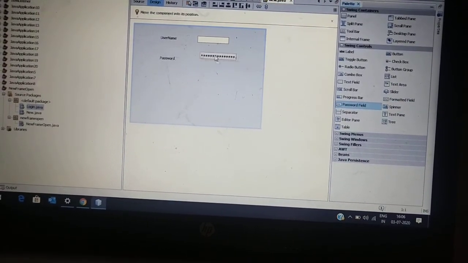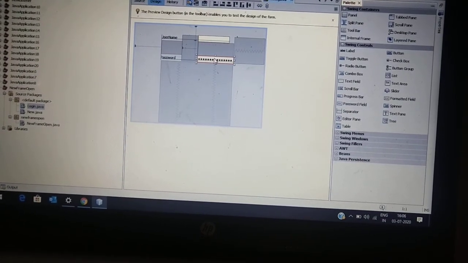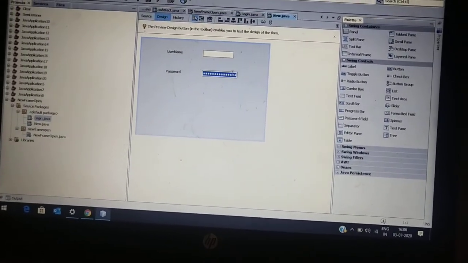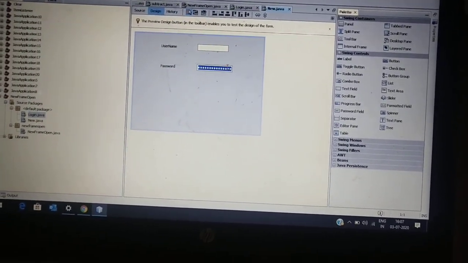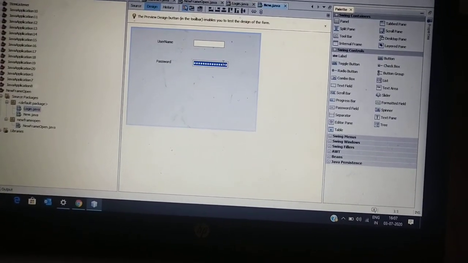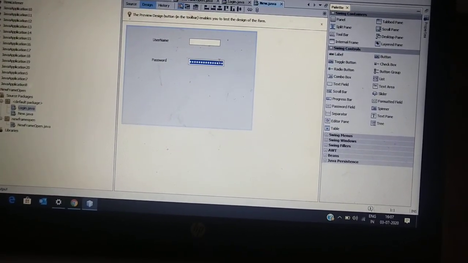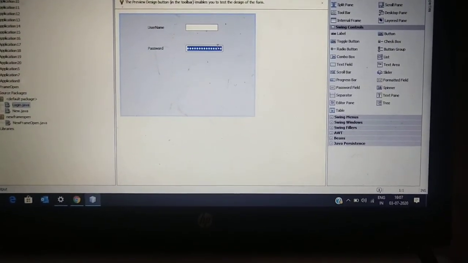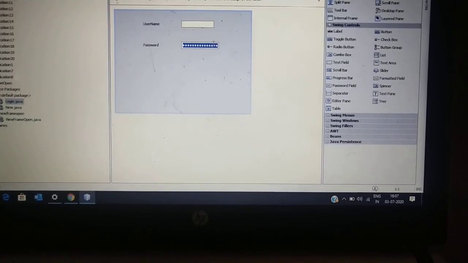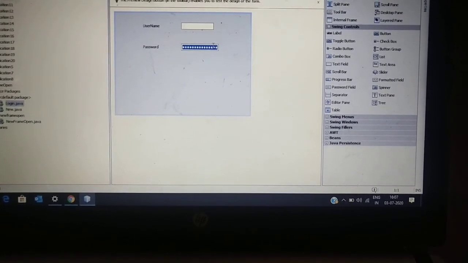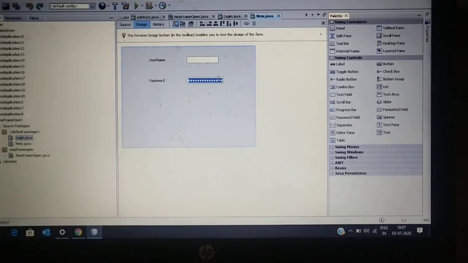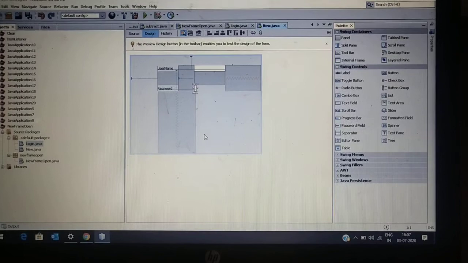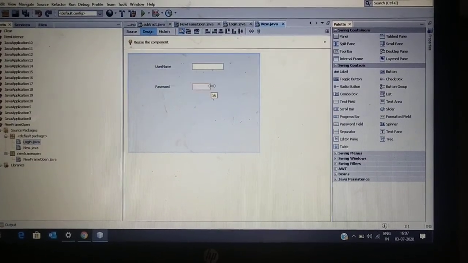The difference between a text field and a password field is that whenever you write a password in the password field, the characters will be displayed as dots or stars. You will not see what you have written, and no other person will be able to see it. You don't want your password to be disclosed to everybody, so that's why we are using a password field rather than a normal text field. If you use a normal text field, whatever you write will be displayed on the screen, which you don't want for a password. We'll also empty it, and increase the size of this password field.